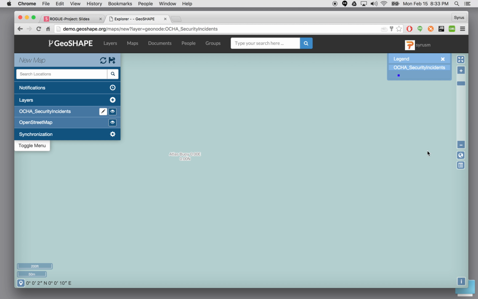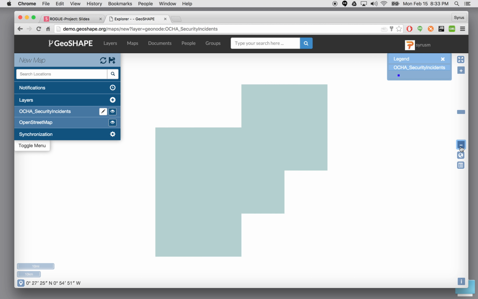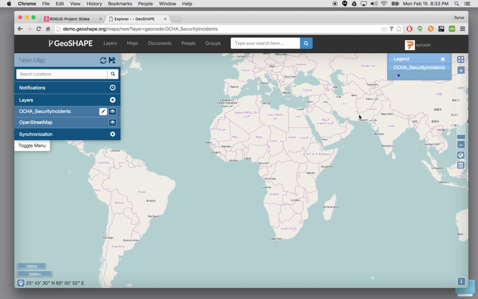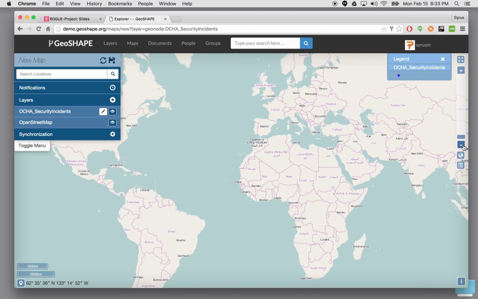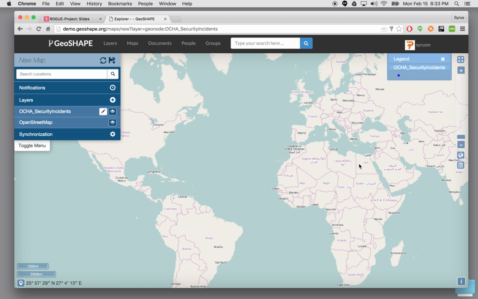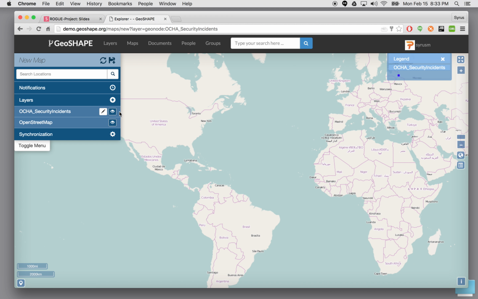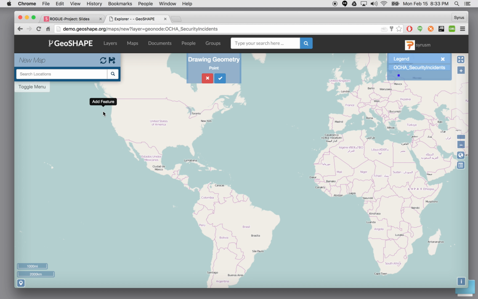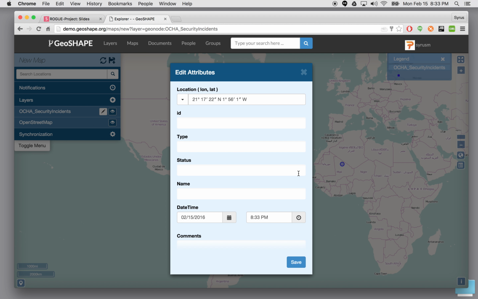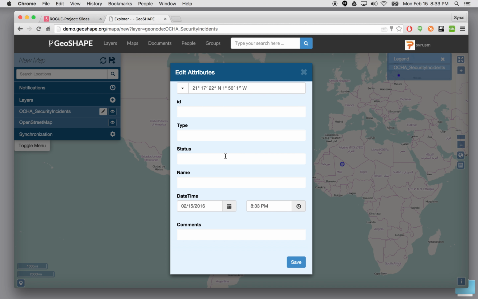Because there's absolutely no features on this layer, the viewer has defaulted to 0, 0, but let's go ahead and create a feature here. I'll click create on the particular layer. I'll place a geometry. You can drag and move the geometry. I'll say OK. Then this has now brought up a list of attributes that you can fill out for this